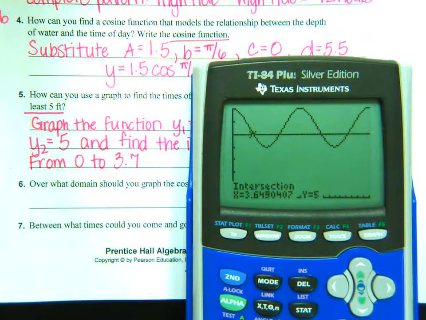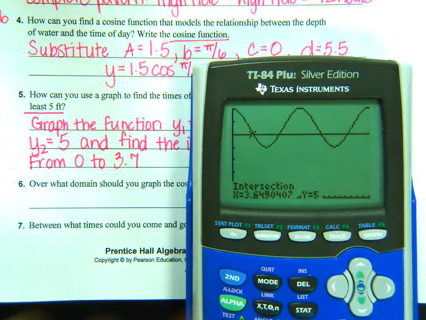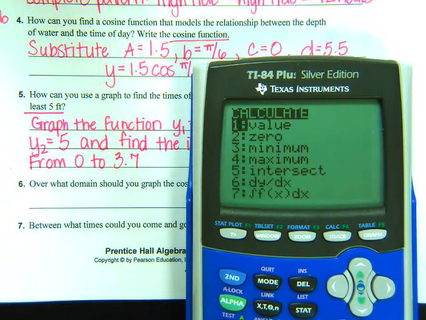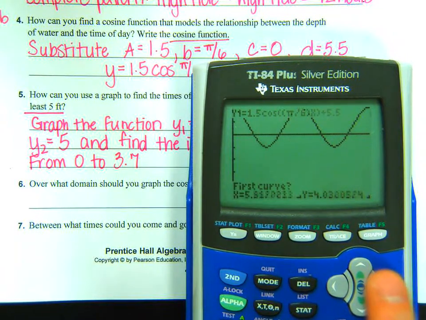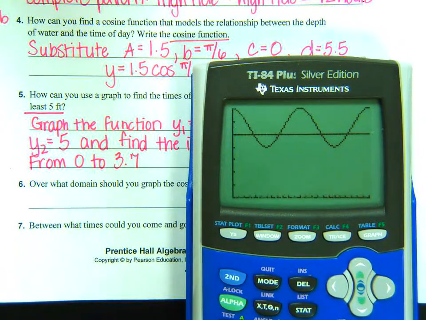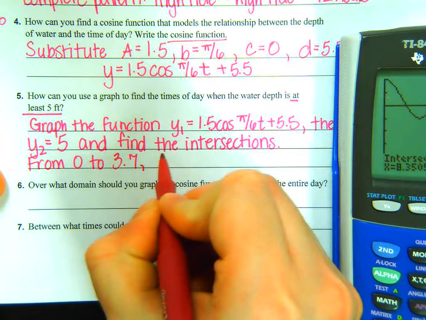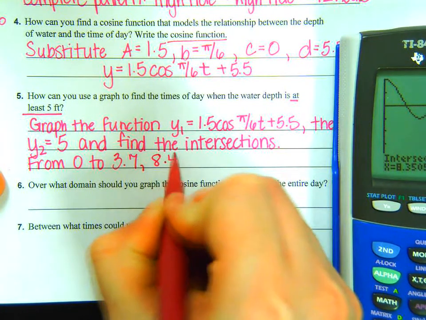So you should have gone through and found some more intersections. So second trace, number 5. Go over, find your next one. You should be hitting enter 3 times at each of those points. So we have about 8.4 to,